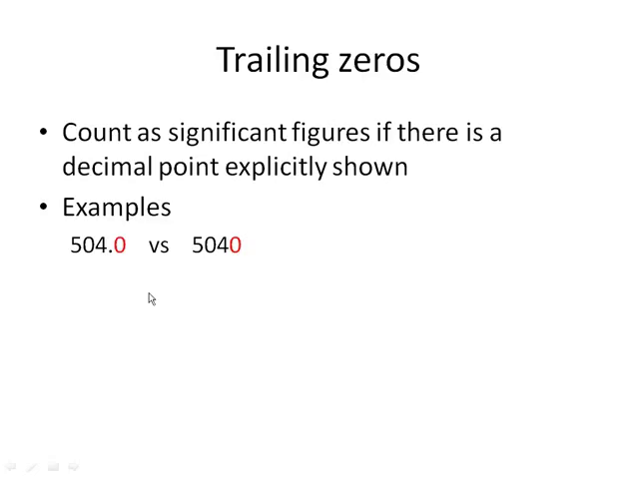So for example, we've got 504.0 versus 5040. In this case, 504.0, I have a trailing zero. And in 5040, I have a trailing zero. So those are the red zeros at the end of the number. But in 504.0, I also have a decimal point explicitly stated. In 5040, no decimal point out there. So that tells me